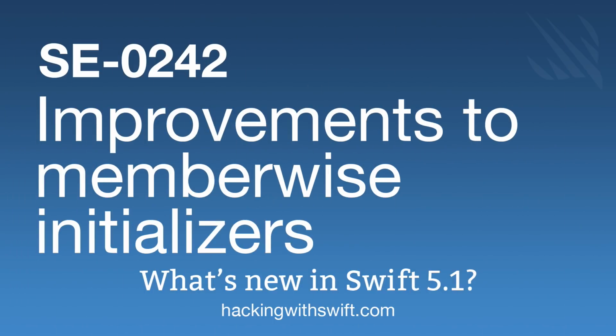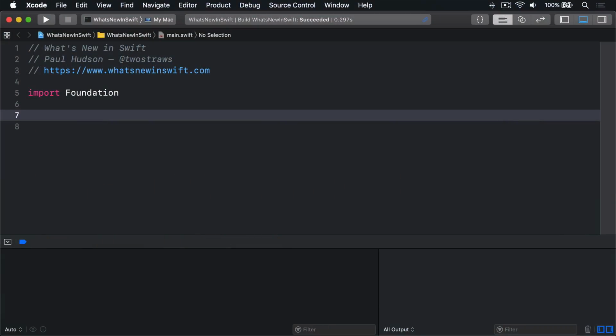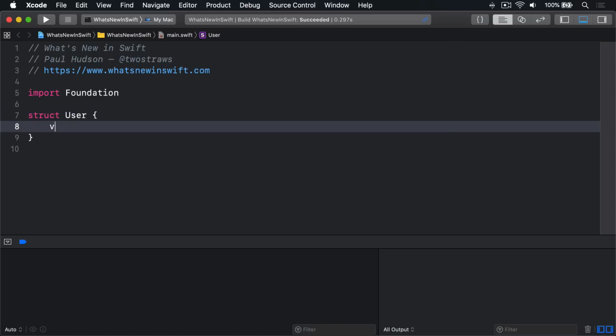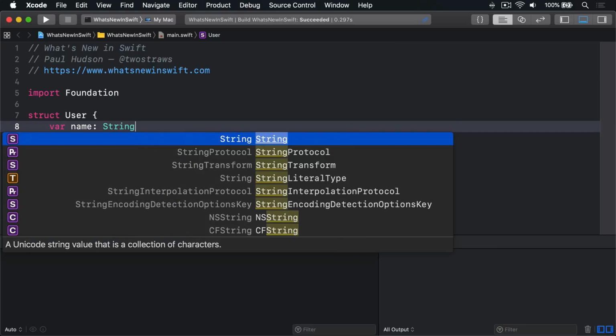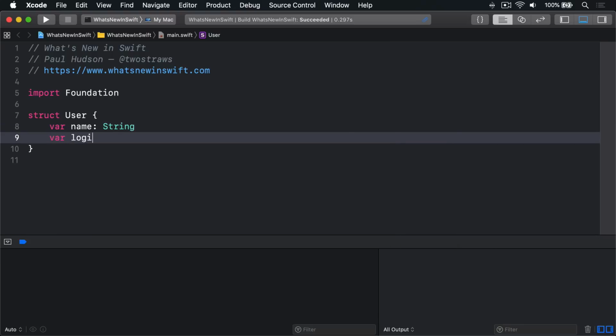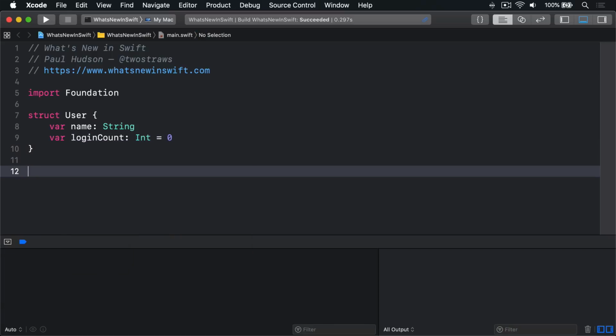SE-0242 introduces major improvements to one of Swift's most commonly used features, member-wise initializers for structs. In earlier versions of Swift, a member-wise initializer was automatically made to accept parameters matching the properties of a struct, like this: struct User { var name: String, var loginCount: Int = 0 }. let piper = User(name: "Piper Chapman",